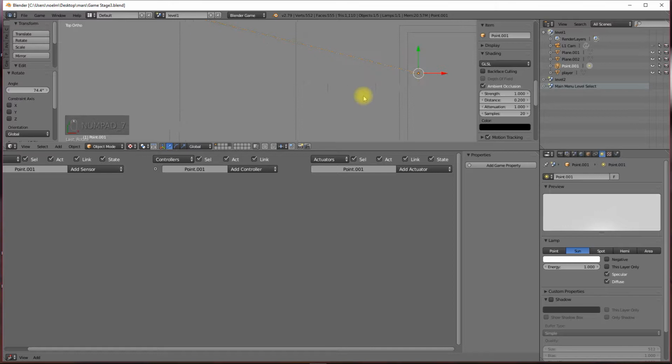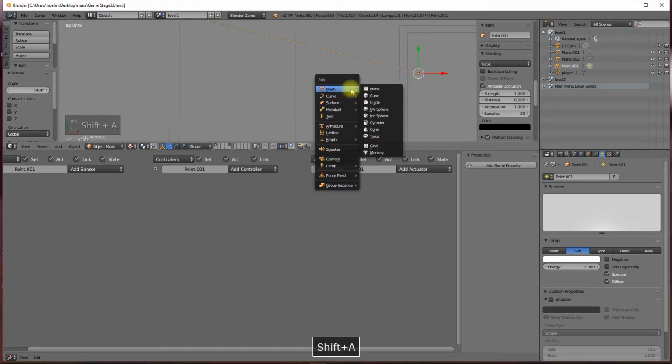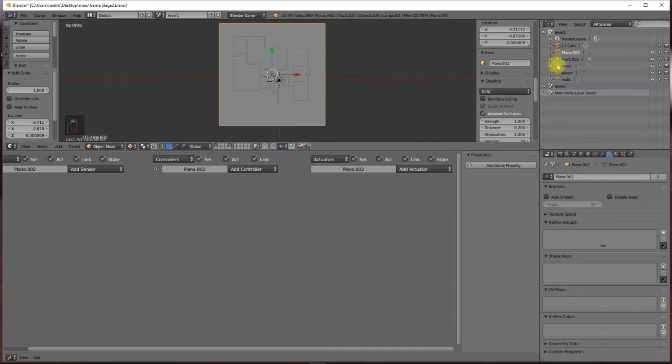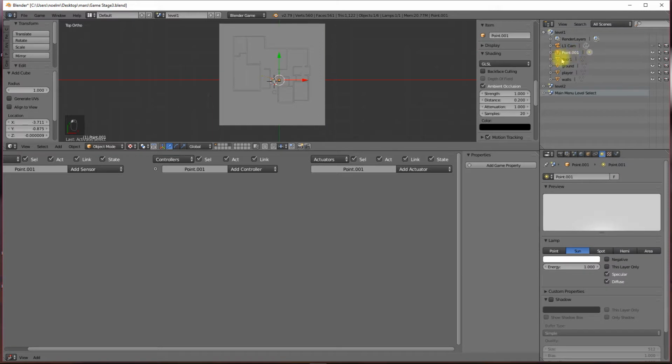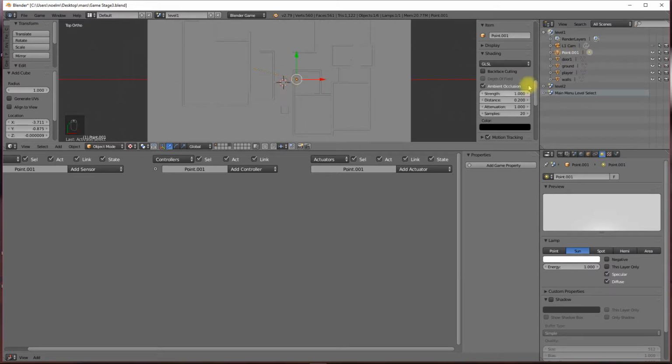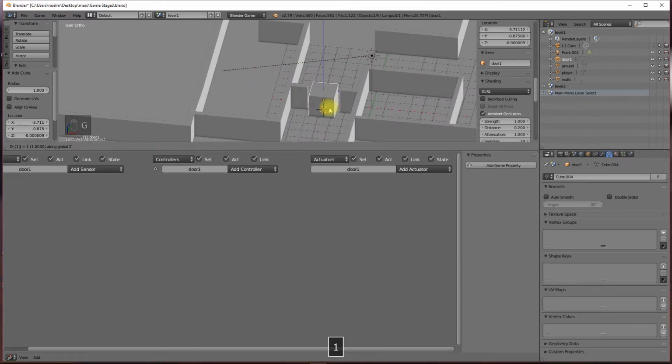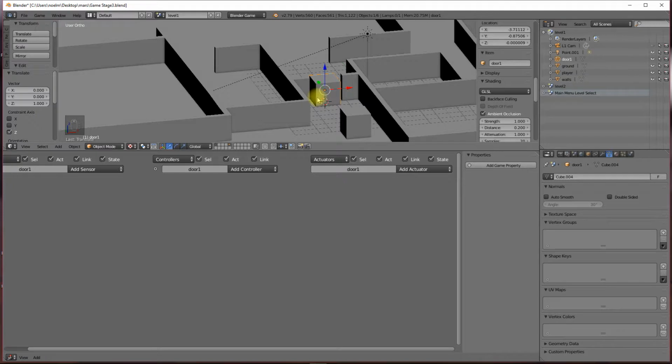So let's click in here and add a cube, and we're going to call this cube door, and door 1, and let's just name everything we've got. This is a plane, that shouldn't be a plane, we should call that walls. This plane is the ground, so let's rename that the ground, and this is just our lamp. We'll leave that there. I'll rename that later. So I'm going to go GZ1, so this is the right height,